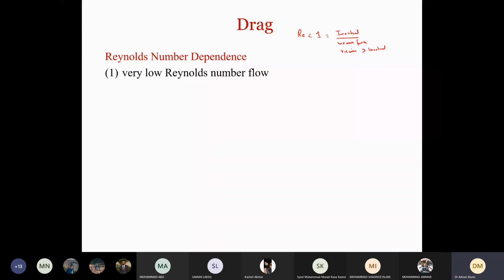So when viscous forces are dominant, that means very slow speed flow. For example, if the tap of your sink is leaking and you have closed the tap, you can see the water flowing drop by drop. So that might be an example of very low Reynolds number, maybe 2, 3, 4. So this is even less than that, right? So for Reynolds number dependence, very low Reynolds number flow is in this case governed by a balance between viscous and pressure forces.